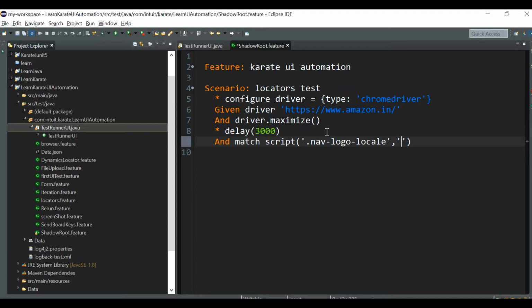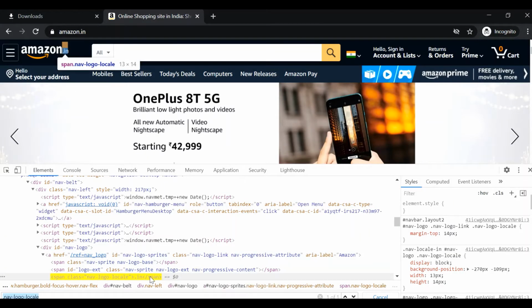So we can write it like this: dot innerHTML, and the script of this innerHTML equals, and we are validating that the content should be dot in.